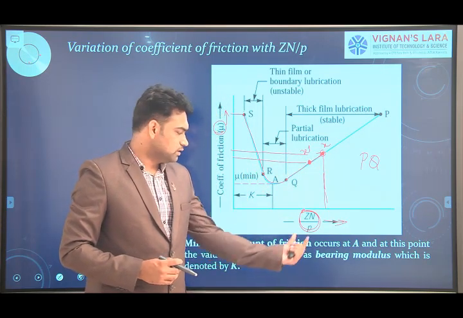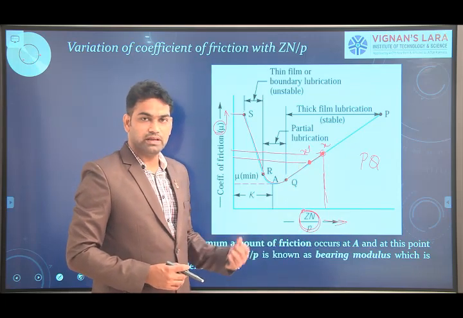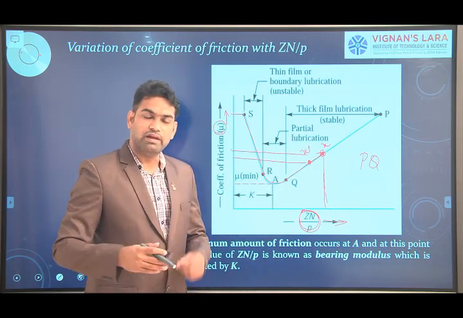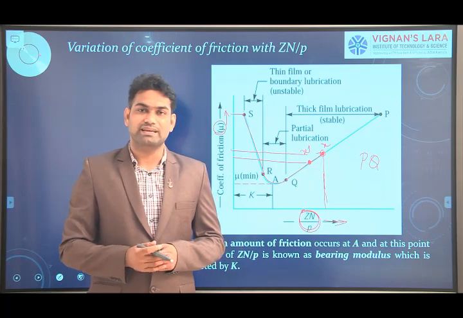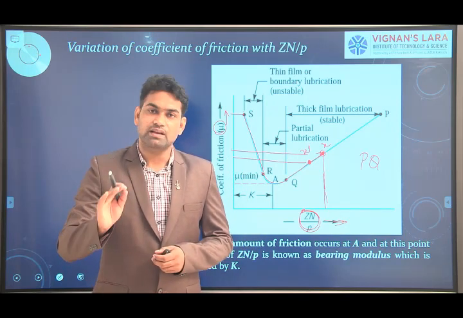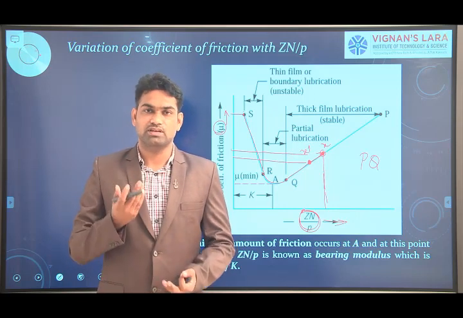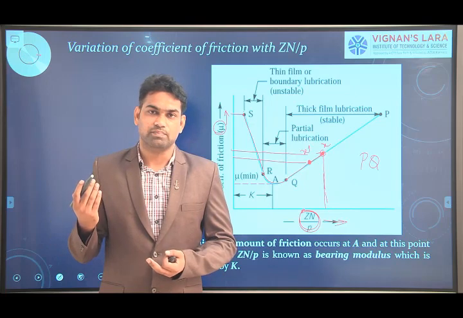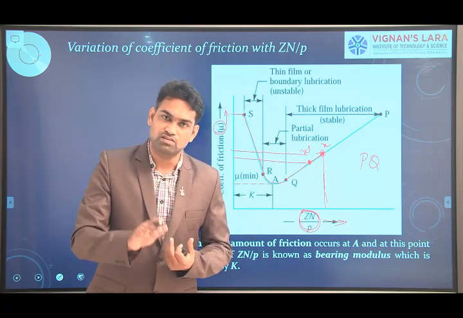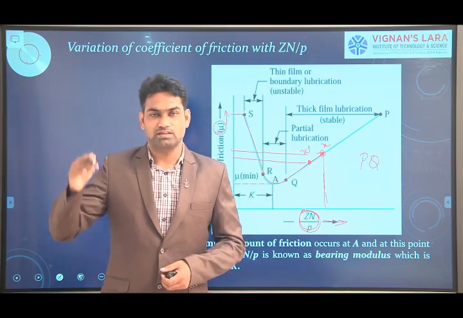With the decrease of the bearing characteristic number, the coefficient of friction may also decrease. Whenever the value of friction decreases, the heat generated is obviously going to decrease. If the friction is greater, the temperature generated is greater and the heat generated is greater. Here the friction decreases, so the heat generated also decreases. Again, the temperature returns to the normal condition, that is, it decreases.